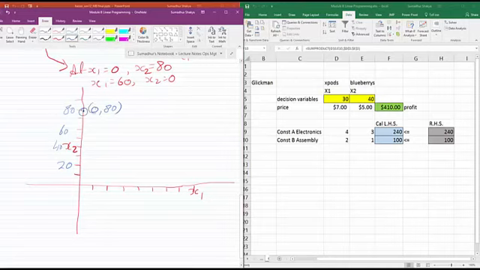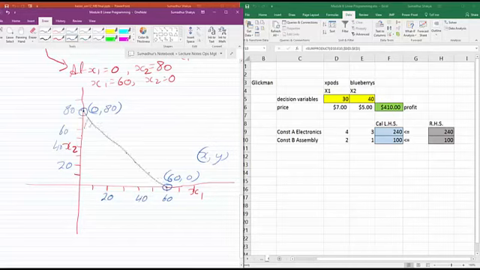The next point is at x1 equals 60, so 20, 40, and 60. So at this point x1 equals 60 and x2 is 0. If I was to represent this again in x comma y format, then this would be 60 comma 0. So now I have 2 points. If I was to join them,